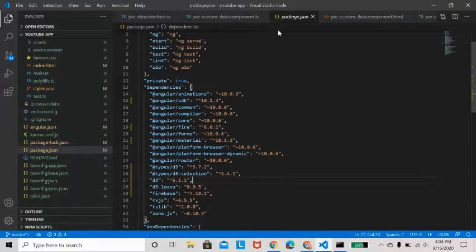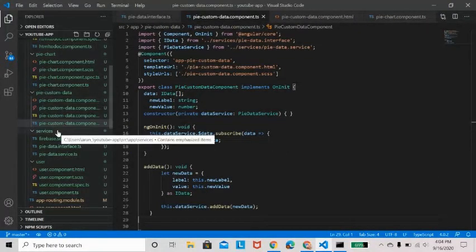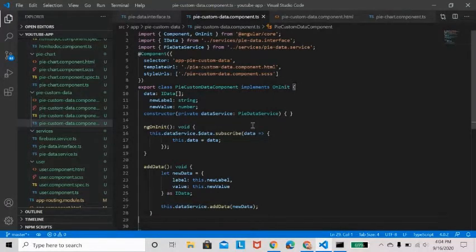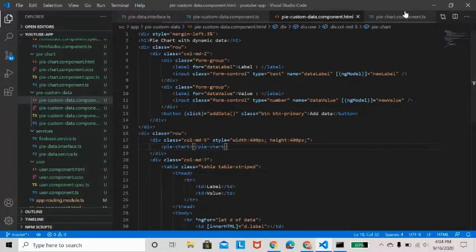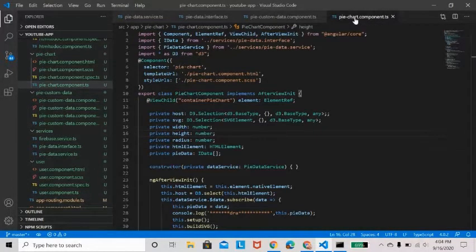Once installed, we are going to import the d3 component into our Angular application file. For that, I have created one component named PyChart component ts.